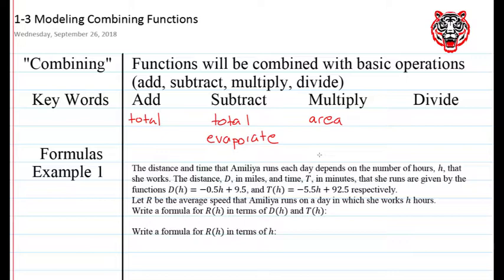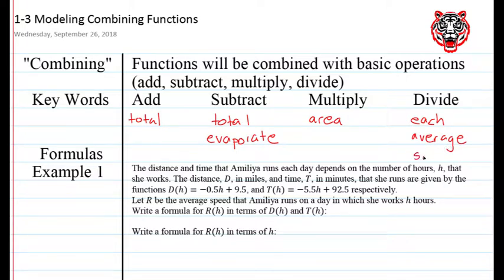Division. There are 3 keywords for division. The first one is if you see the word each, like what is the cost of each of the items, or what is the amount that each child has to pay, you're going to be doing some division. Another word that will indicate that you're dividing functions is the word average,